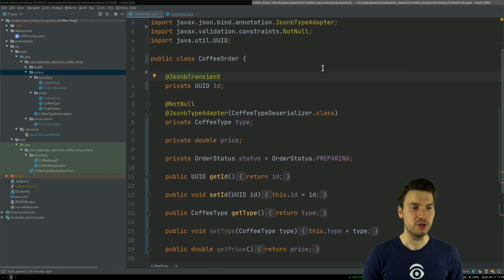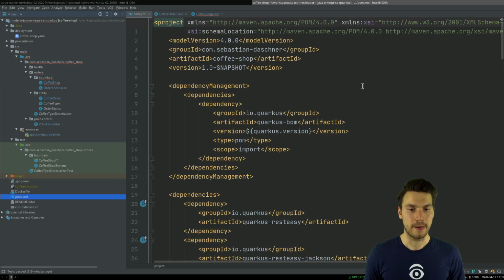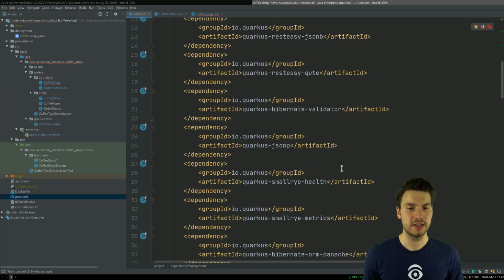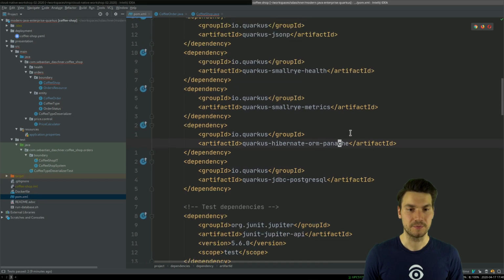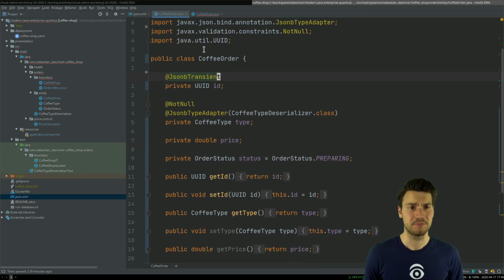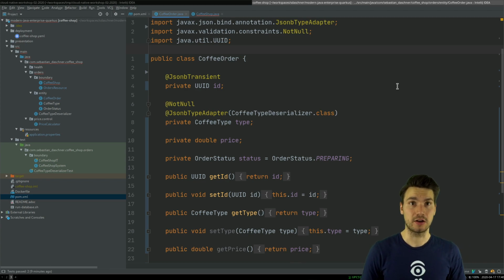So what I will use is Quarkus with Hibernate ORM and Panache. So this is a framework. Well, Hibernate is probably known to you, but Panache is a new framework, a new way how to do persistence in Quarkus, and it enhances the concepts of JPA a little bit and gives us a greater developer experience. So what I can do, this coffee order, let's make an entity out of it, a persistent